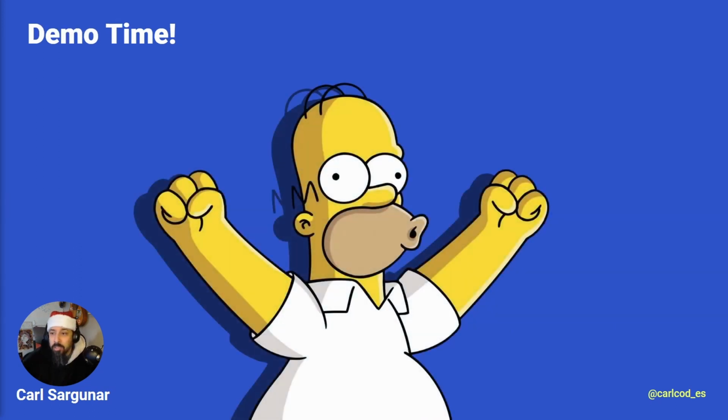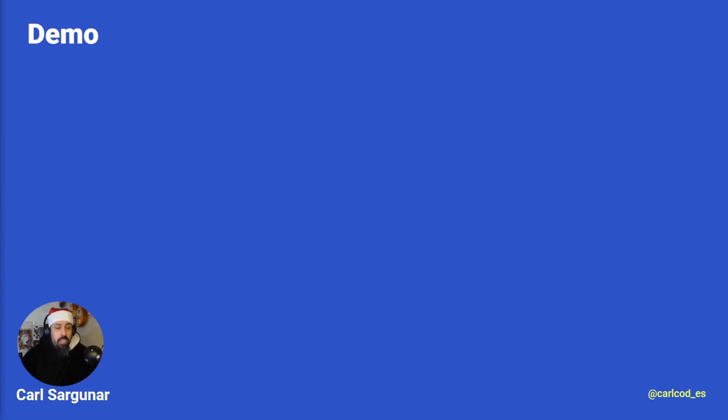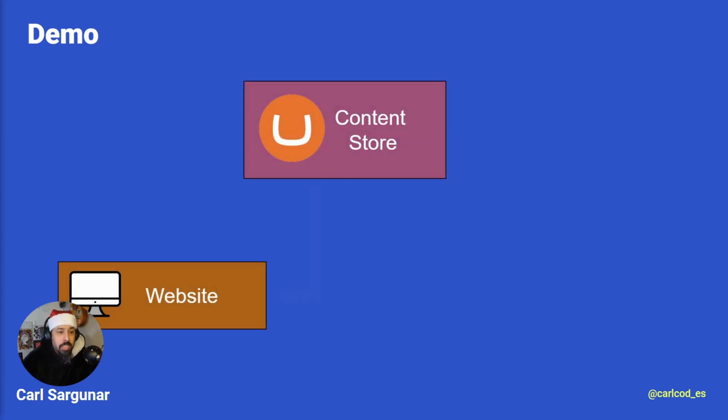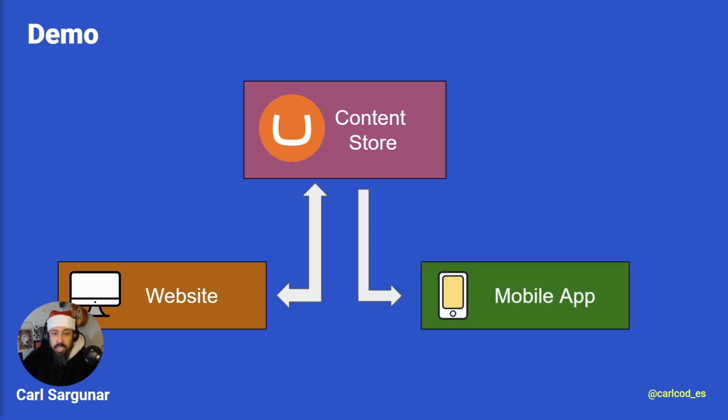I'm not going to spend too much time on theory today, because I'd like to jump straight into a demo. And the demo I'd like to do is effectively a simple website built on Umbraco. It's just an e-commerce demo site. It's one of the sample apps that come with the CMS system. So we'll set that up, get that going, and then once that's up, we're going to connect a MAUI app